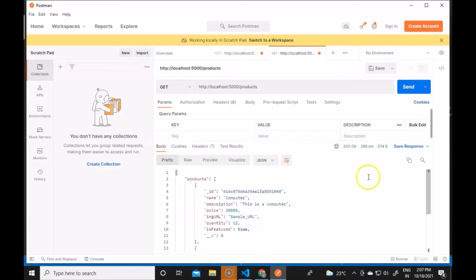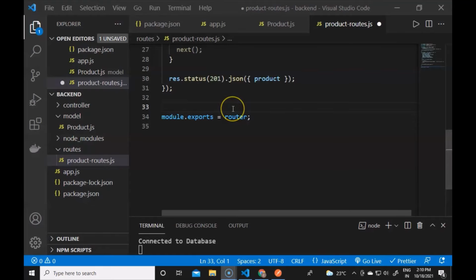So now we have multiple products in the database, and now if I want only a single product by its ID, like there is an ID from MongoDB, this is my ID. If I want only the single product by its ID, we need another get request API. It will only display the single product, by its ID, which we will get from the URL. And in the URL we have to provide a new parameter. So now we are creating a new get request to get the product by its ID.